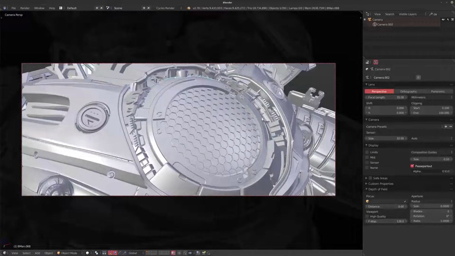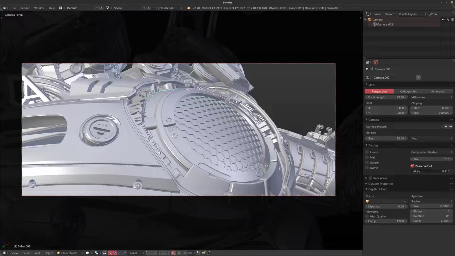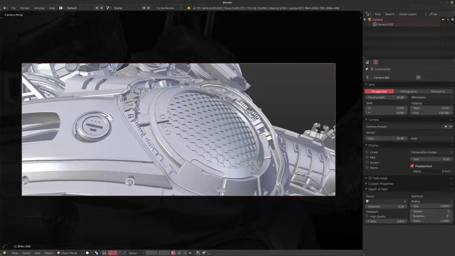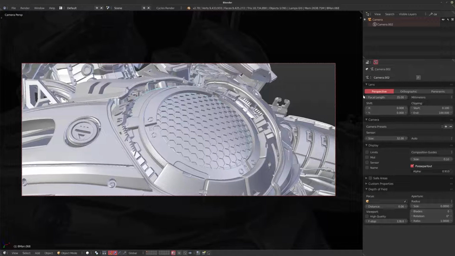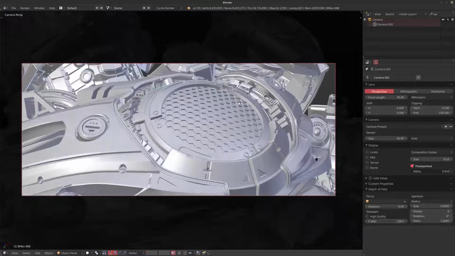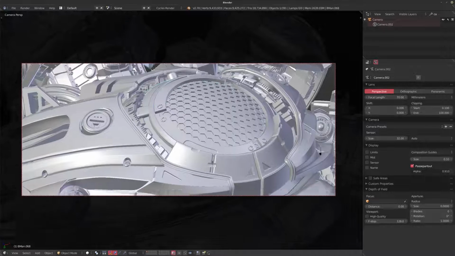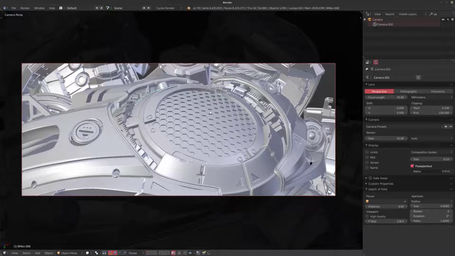And if you want to get those really close, sort of very tight shots where you feel like you're very close to everything, then increasing the focal length can definitely be a really good thing to do. Now, let's say if I increase this to 70, you can see the background is sort of flattened out a little bit.